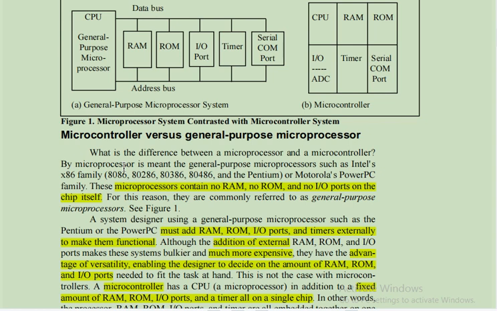This is a very important thing to mention here, that there is a difference between a microprocessor and a microcontroller. By microprocessor we mean the general purpose microprocessor, such as Intel's x86 family, 8086, 80286, and the Pentium, or the Motorola PowerPC family. These microprocessors contain no